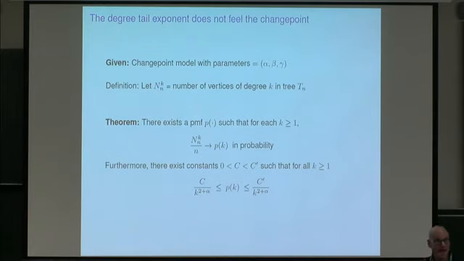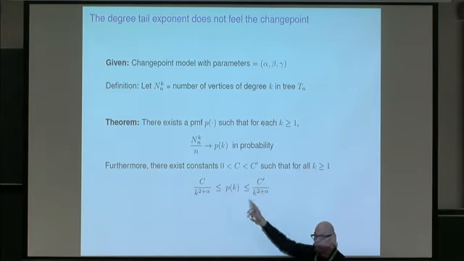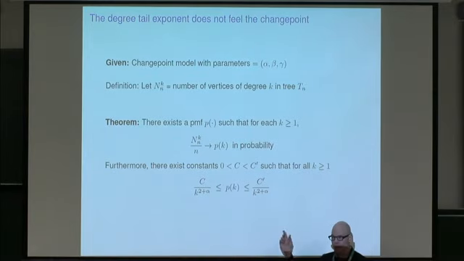And remember, gamma is greater than 0 and fixed. This is important. If that weren't true, this would not be true. But if we have a fixed change point, then the degree distribution depends principally on alpha. The constants will depend on beta and gamma, but the dependence is the same as you would expect if you had just run the process with parameter alpha the whole time.